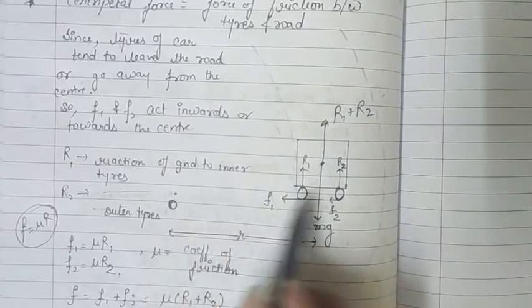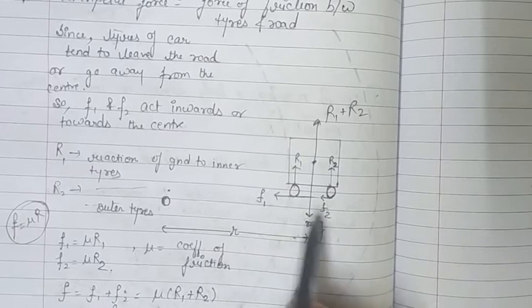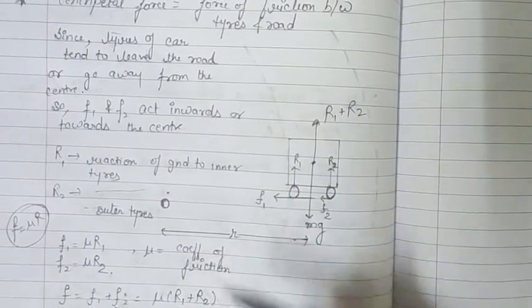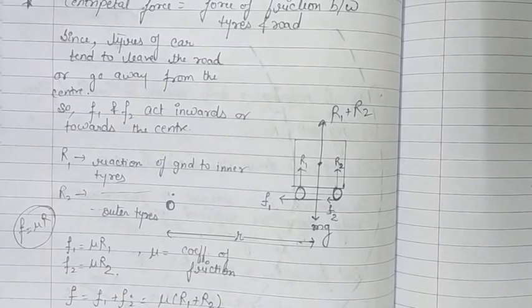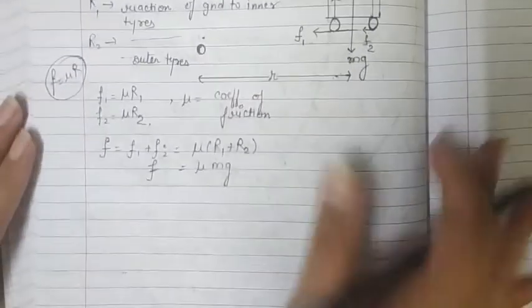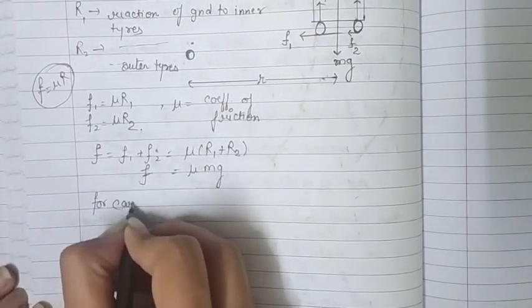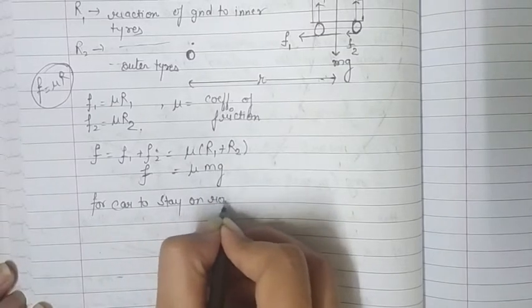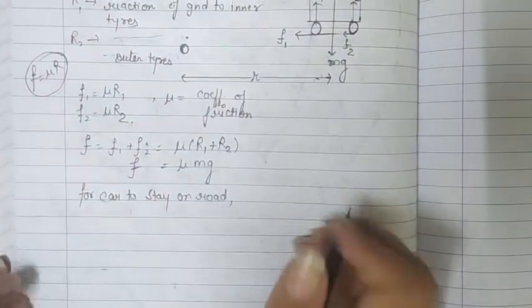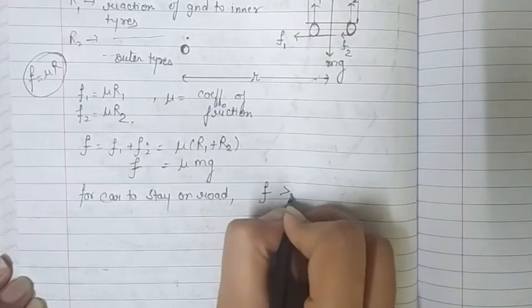So to keep it in this motion on the road, it is necessary to have the total friction that is acting towards the center. It should be either equal to the centripetal force or greater than the centripetal force. So our condition is, for the car to stay on the road like this, this total friction that we have calculated should be either greater than or equal to